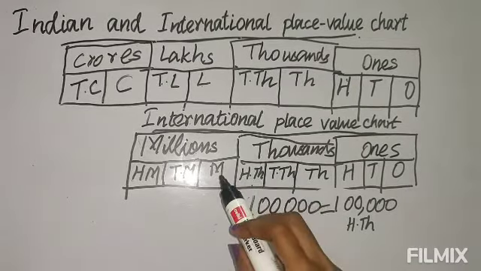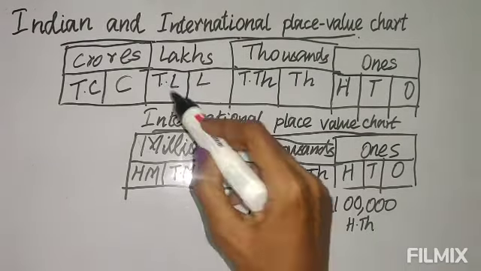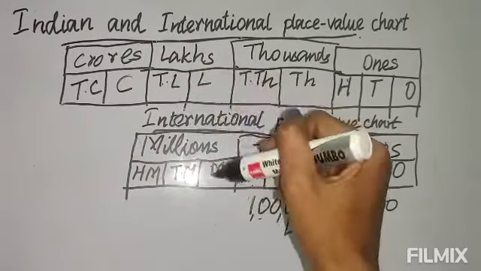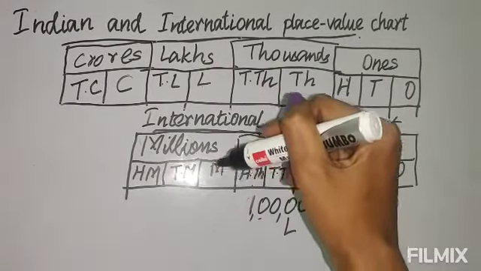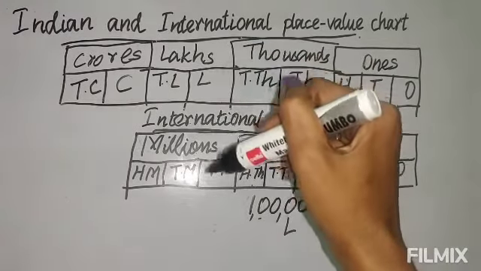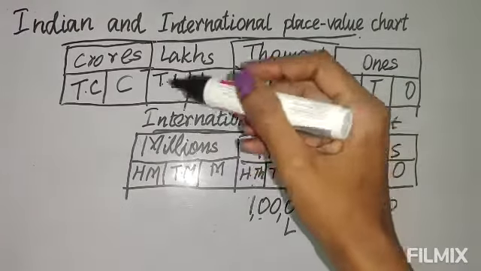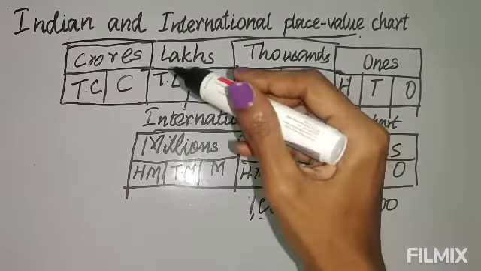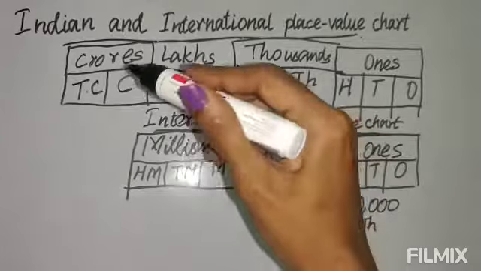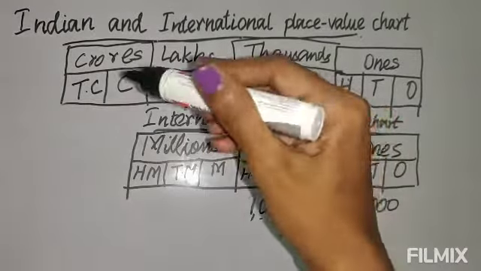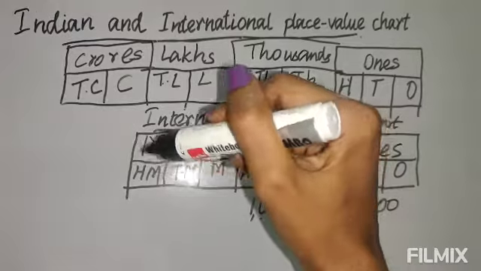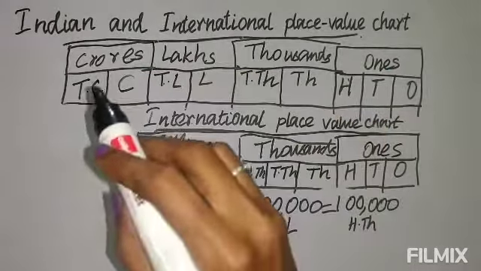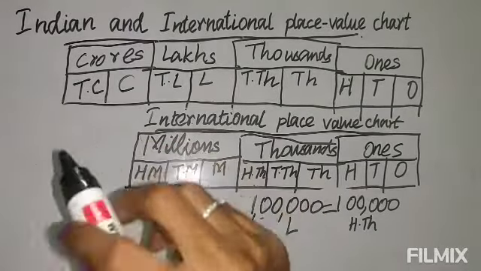Again, after that we get 1 million here, but here we get 10 lakh. So million and 10 lakh are equal. Both are the same, only the name is different. In India we call it 10 lakh, but internationally they call it million. Next, after million comes 10 million in the international system, and here after that comes crore. So crore and 10 million are equal. Again, here it is 100 million, and here it is 10 crore. So both are equal.